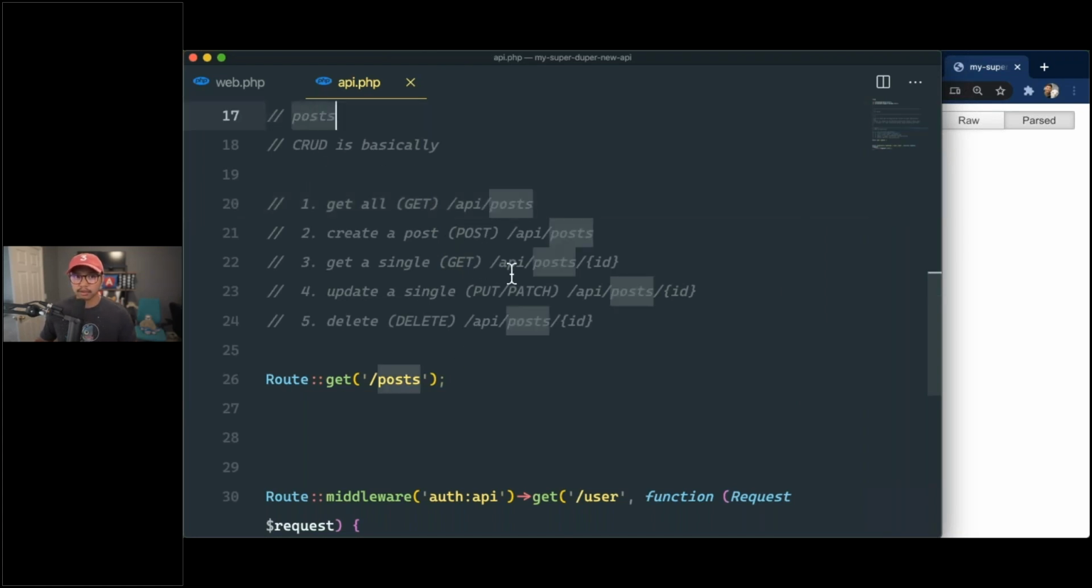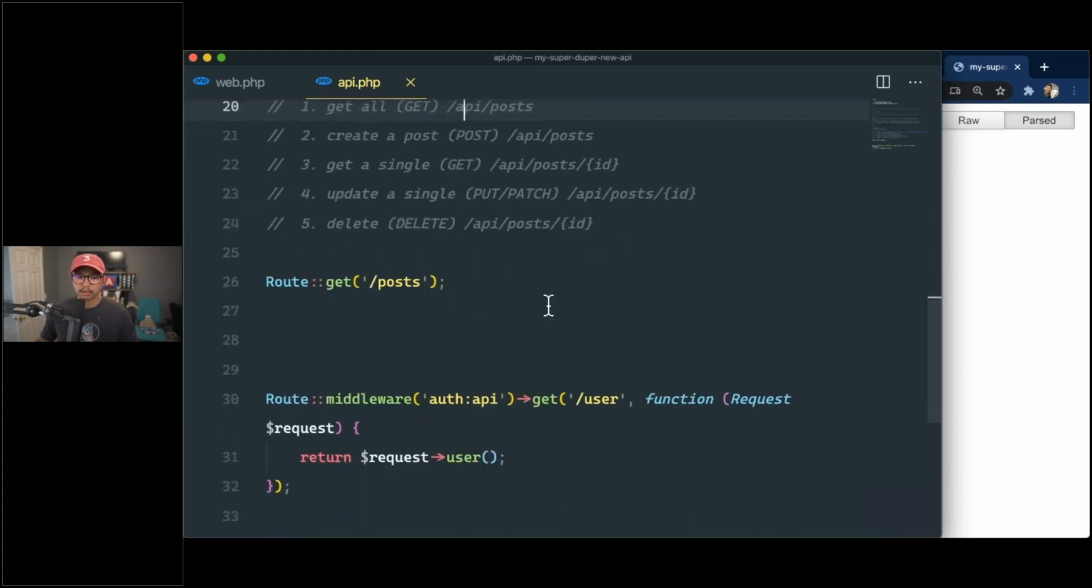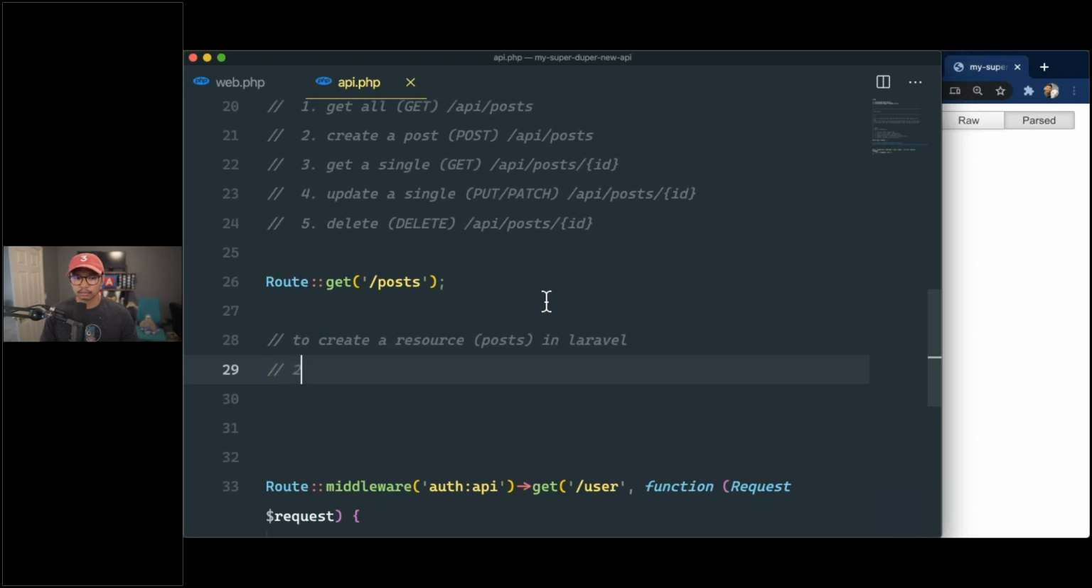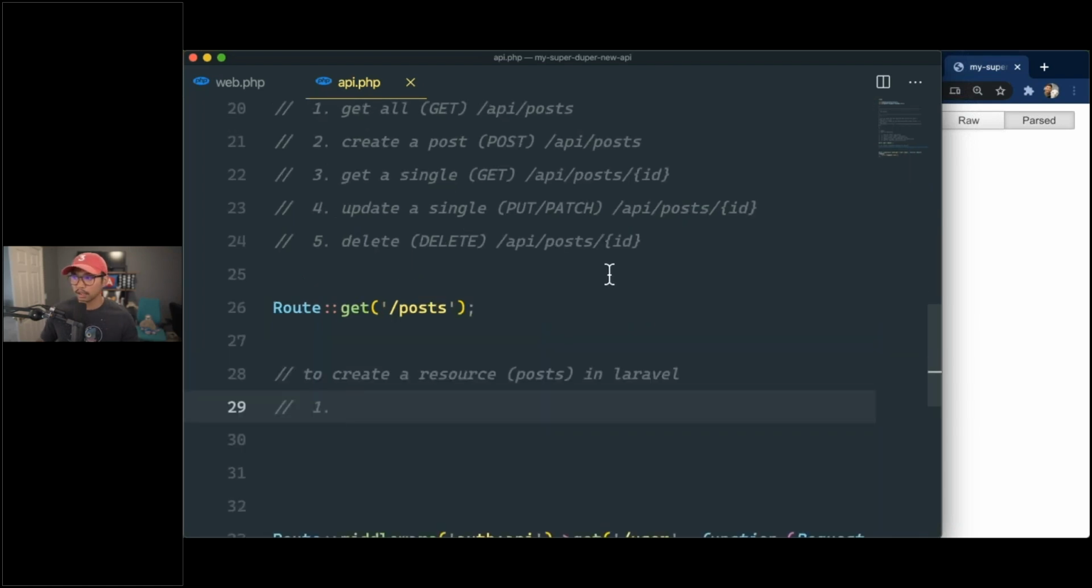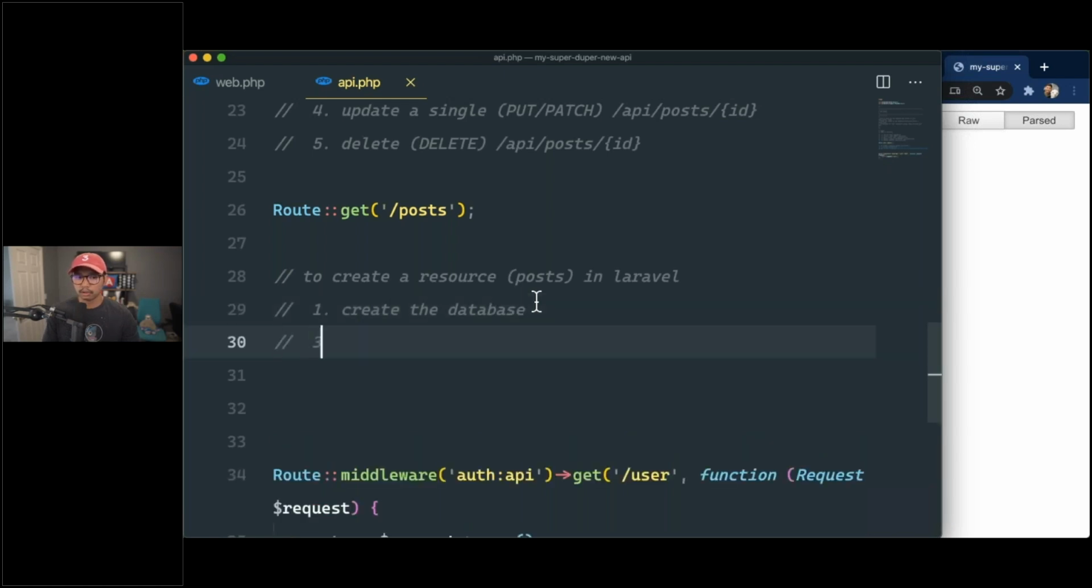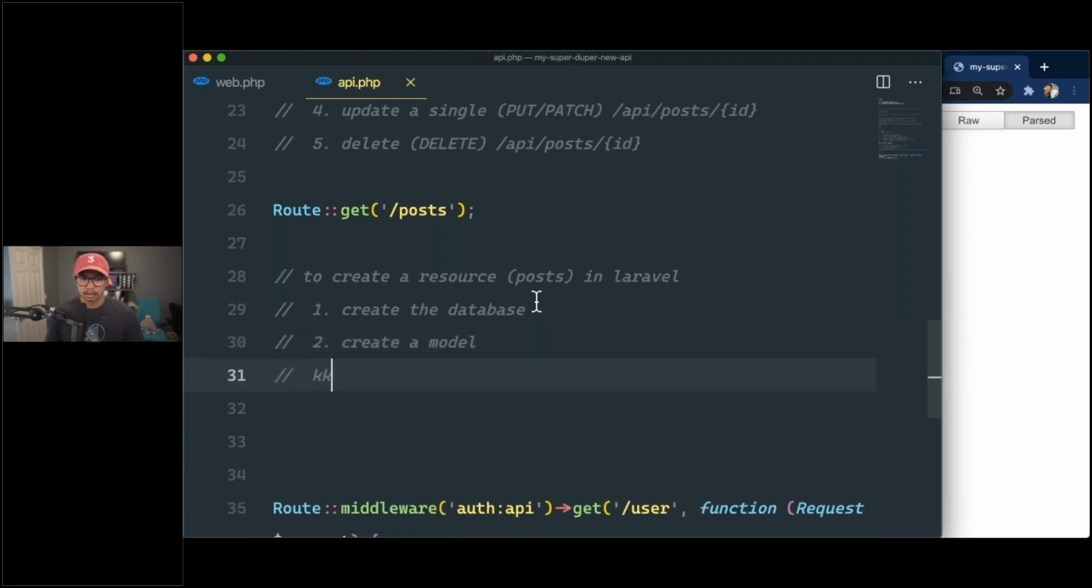So to get us started, we're going to do posts, right? And this is my notes. So to create a resource, and that's like posts in Laravel. Step one, we need to create the database. Step two, we need to create a model to connect to the database. So this should actually be create the database and migration so that we can fill out our tables in the database. Step three,